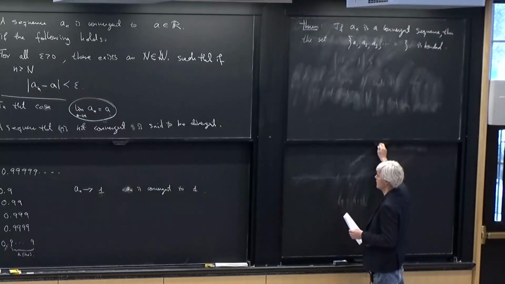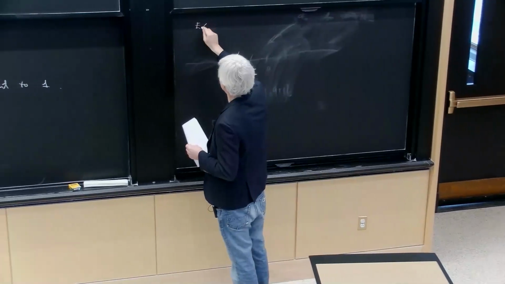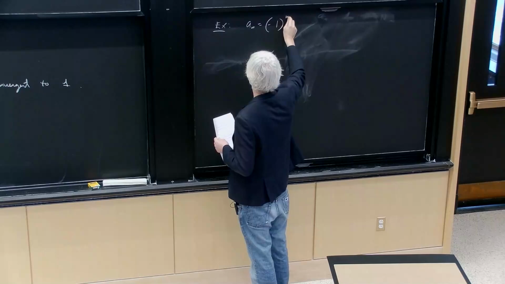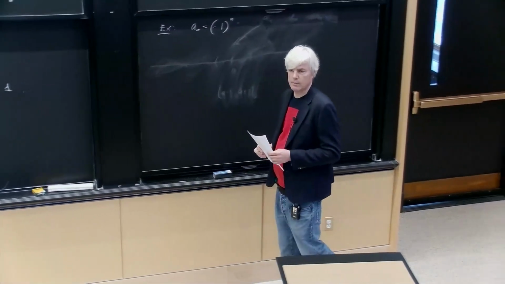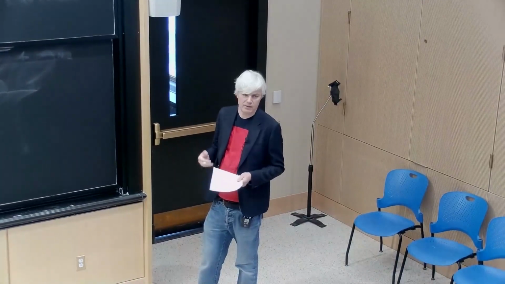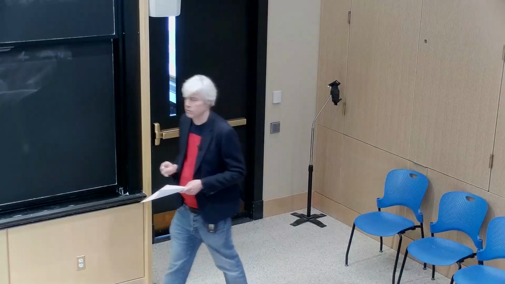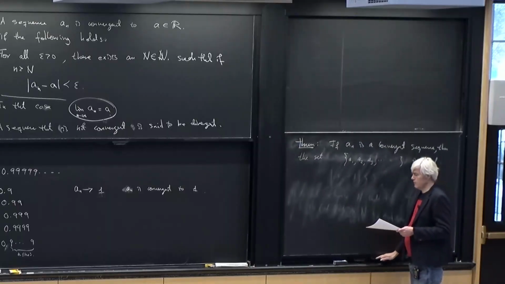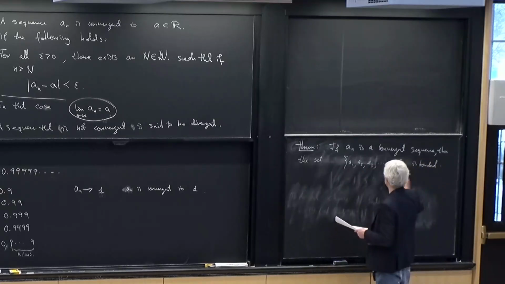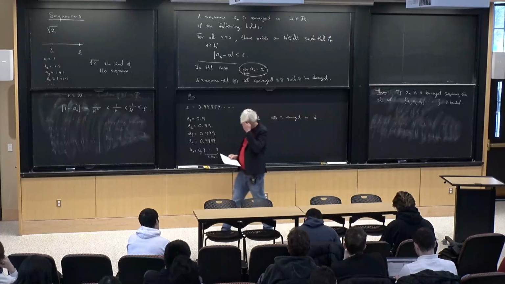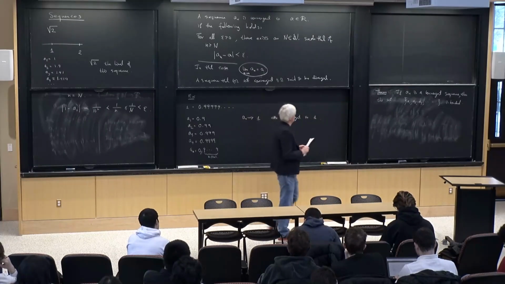Let me just, as a side remark, say that if you're looking at the sequence a_n that we looked at just a minute ago, this here that is alternating between -1 and 1, right? This is a bounded sequence because there's only 2 values, so it's obviously bounded, but it's not convergent. Right? But it is necessary for a sequence to be convergent that the sequence of numbers here is bounded. Okay, so